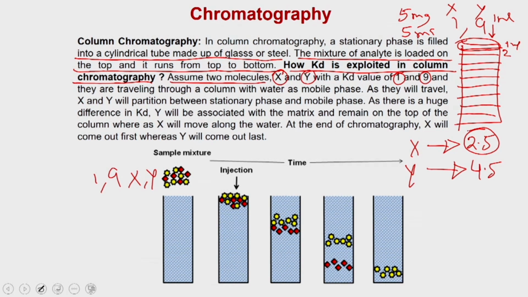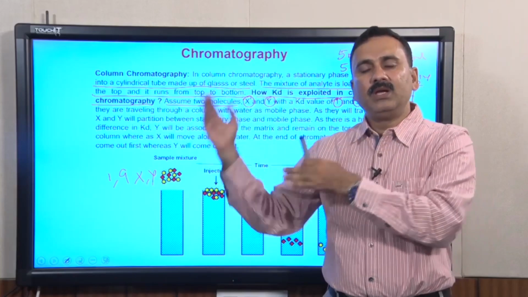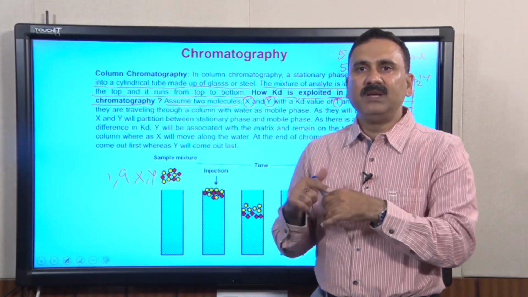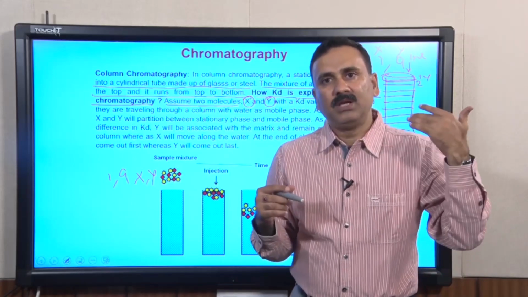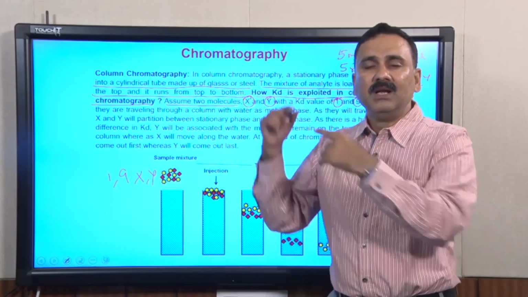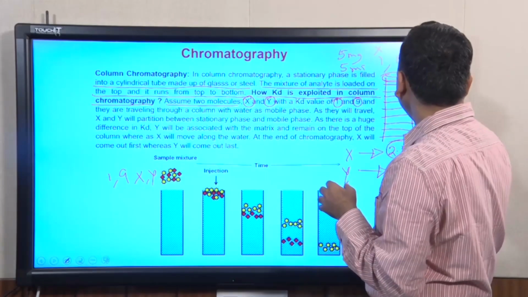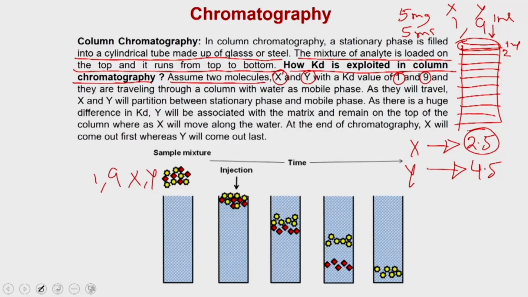So, if you see, X is actually preferentially going towards the aqueous phase, which means more and more X is going into the aqueous phase, and you know that the aqueous phase is running faster than the matrix because the matrix is stationary. So, the Y will remain there,